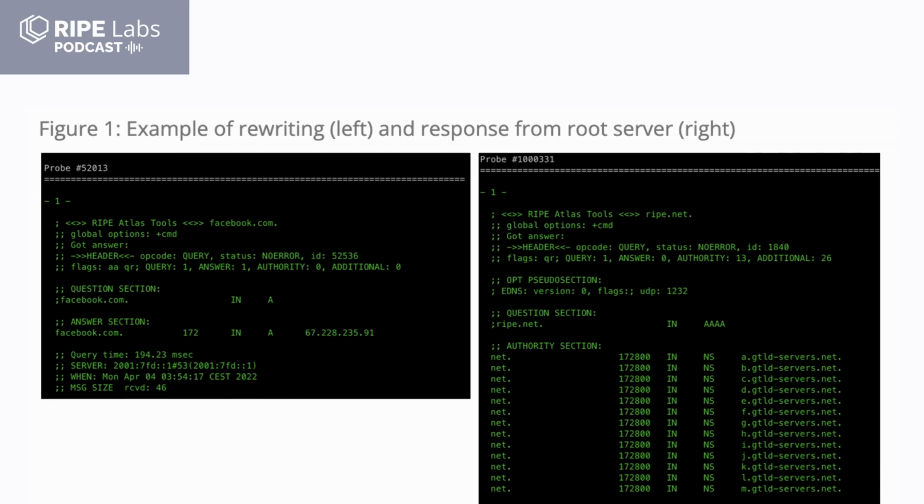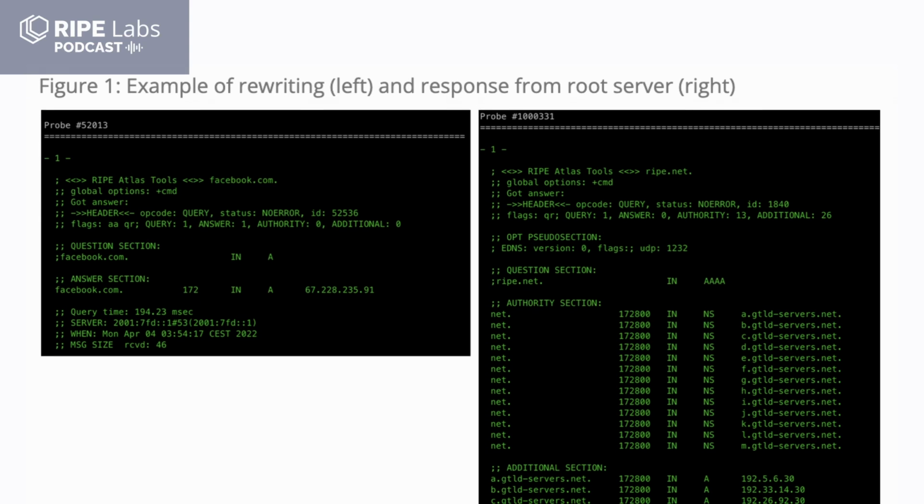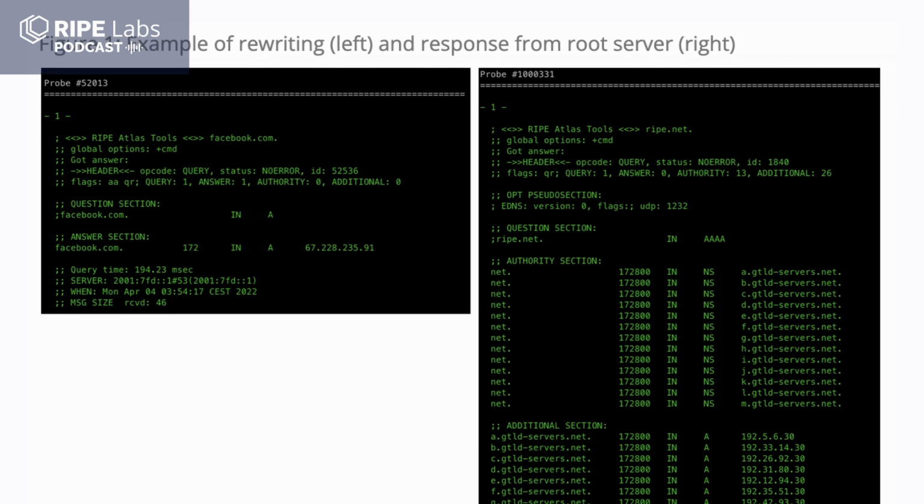Now they look at the root server query and they respond with a bogus reply. And the way we figured out that this is a bogus reply is that a root server never gives an authoritative reply. So in this case, an A or AAAA query, it would always give a referral to the TLD. It would say like this is .net or .com, but it would never say facebook.com has this IP address. So that's how we figured it out. So once we start getting this for a probe, then we say, okay, we have detected something in the path between this probe and the root server.